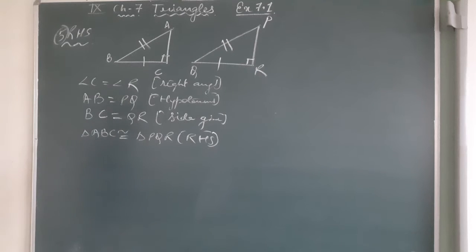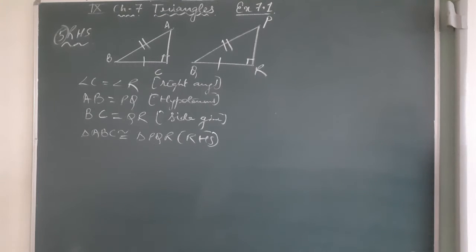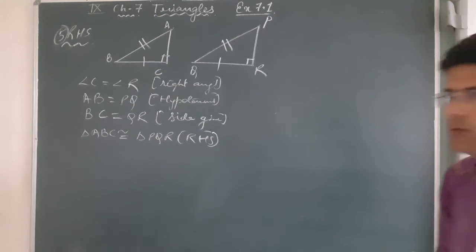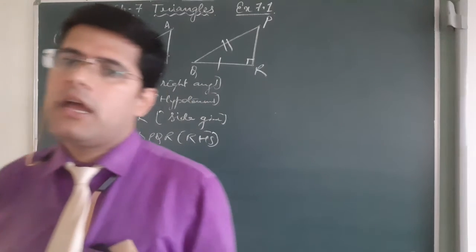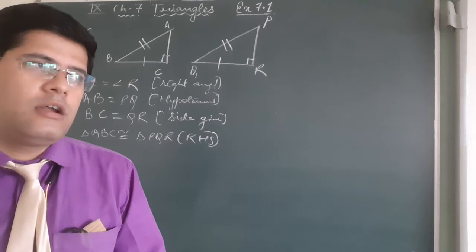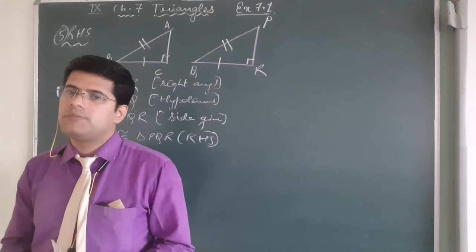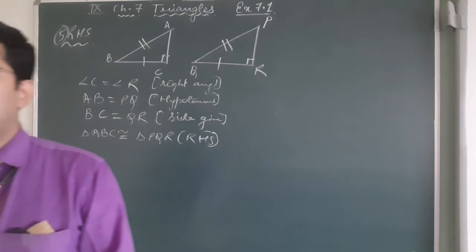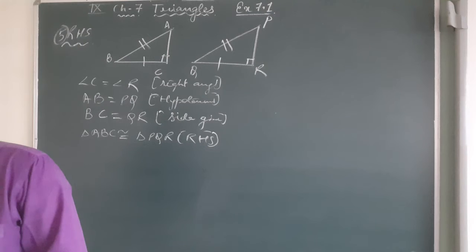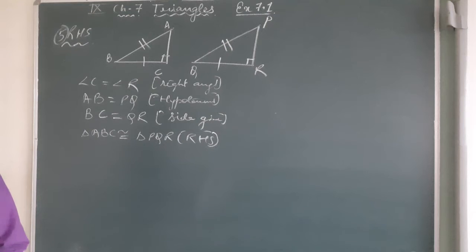And in each and every congruency you can use CPC. What is CPC? If triangles are congruent, after that we can say all the corresponding parts are equal. So here I have done 6 things. You might be confused that I am telling only 5 things, but I am naming 6 because CPC is also a special part in congruency. So we have 5 types of rules. After that I am going to start our exercise 7.1. So students, move to exercise 7.1.